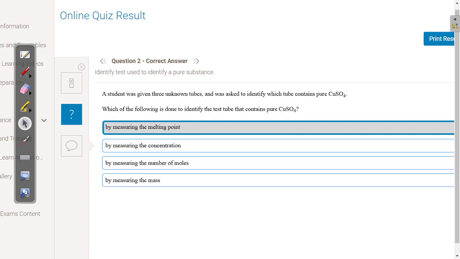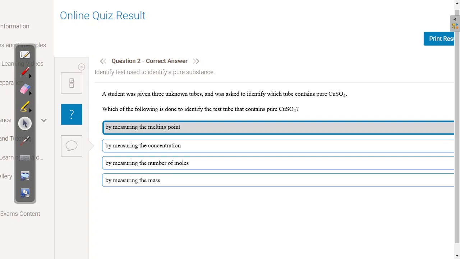A student was given three unknown tubes and was asked to identify which tube contains pure copper sulfate. Which of the following is done to identify the test tube that contains pure copper sulfate? The only way to know if it's a pure substance is by measuring melting point or boiling point, because